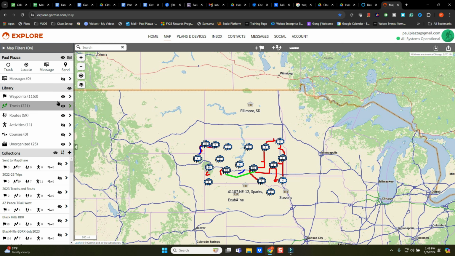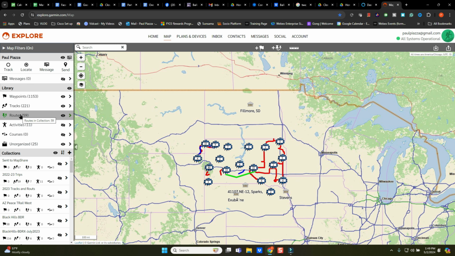When doing that, you'll see here I have all of them on but activities. An activity is just a group of different things that you can put together. Think of it as a collection of different activities here. Routes and tracks are very similar. Routes are a smaller collection of waypoints, where a track would be many different waypoints to achieve a goal.